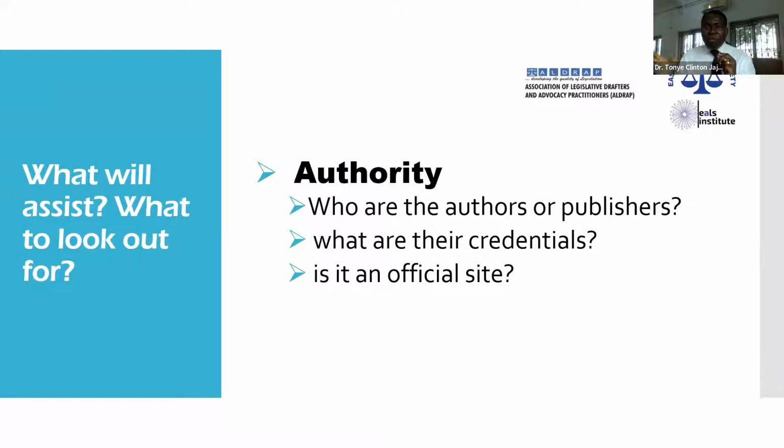But if it is a private website, you have to be careful, because I gave you the example of people that went and concocted a decree called Persons with Disability Decree 1989, when there was nothing like that. People have their agenda. So whoever is the author of the website, it is good to confirm that you're visiting a government website. And usually you look at the website address. Government websites always have .gov. In Nigeria it is .ng.